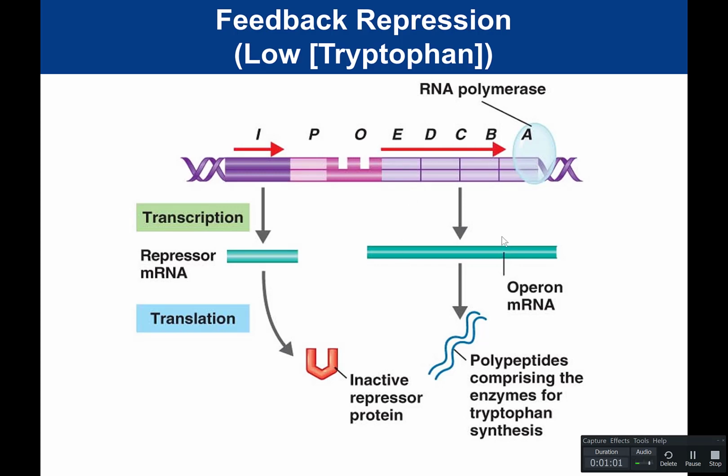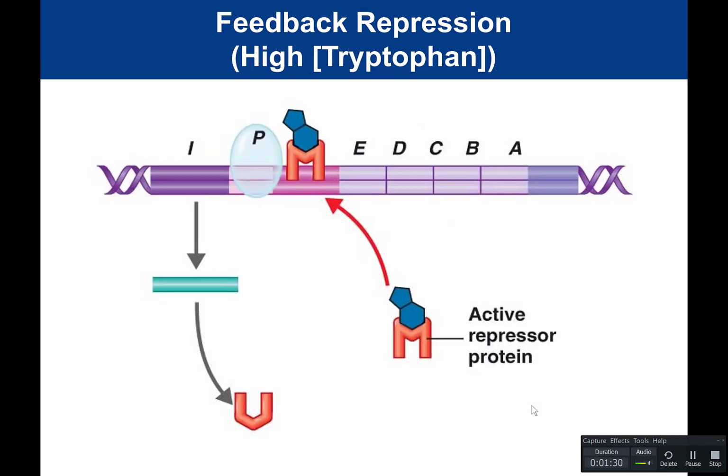Now that's going to make mRNA, and then it's going to produce proteins for enzymes that are used to synthesize tryptophan. So when the concentration of tryptophan is low, the cell wants to make enzymes to make tryptophan. Makes sense, right? If you don't have enough tryptophan, the cell wants to make tryptophan. How does it do that? It needs to make the enzymes to make the tryptophan. However, if tryptophan levels are high,